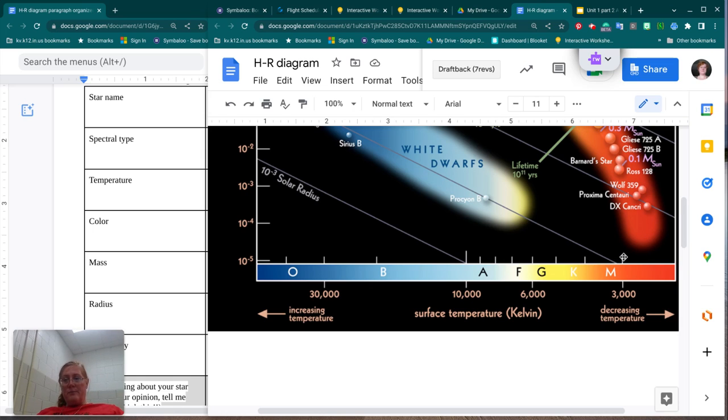Remember, each of these tick marks is the temperature. So this one's labeled 3,000, that one's 4,000, 5,000, 6,000, 7,000, 8,000, 9,000, 10,000. Then we jump to 20,000, 30,000, and this is 40,000. And remember, this is all in Kelvin. So Betelgeuse was right about there,